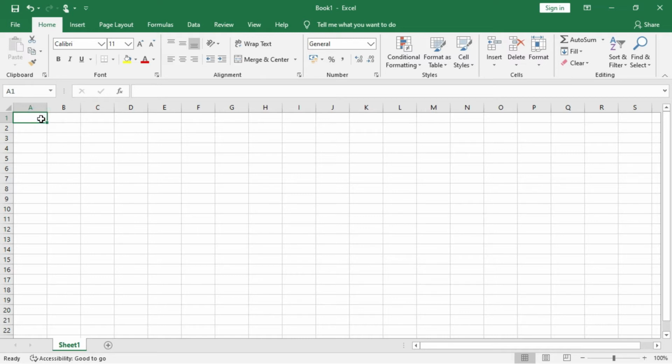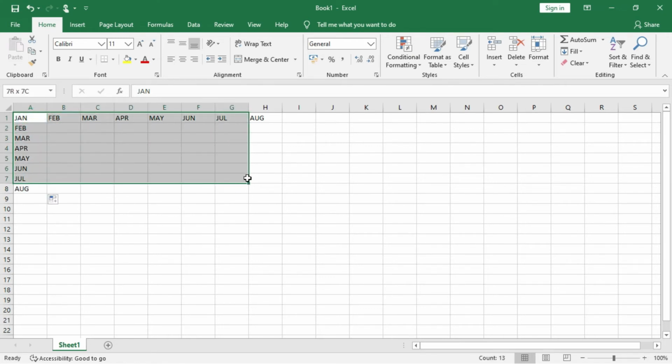I can show an example, a very interesting one. Just see, January. Suppose I am pulling it this side over here. It will automatically create the months. And if I drag it vertically down, it will come out like this. I think I've shown you once again just to refresh your memory.